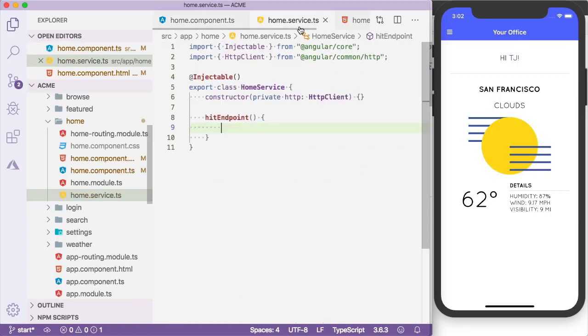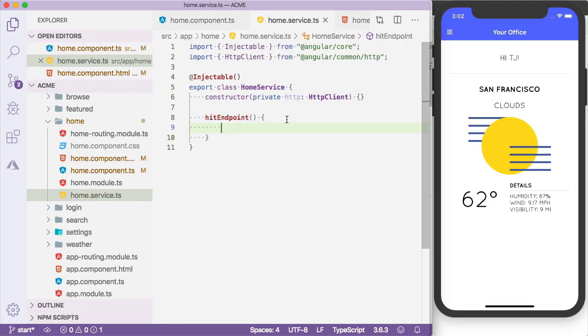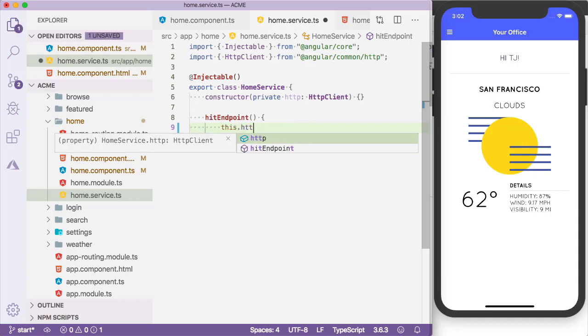And as part of this app, I've set up a sort of skeleton service that's basically empty at the moment, and that we'll use to hit our new Azure Functions endpoint. Now, this is an Angular app. You can use Azure Functions regardless of what NativeScript architecture that you use. But in Angular, the way to hit an endpoint, we're going to call